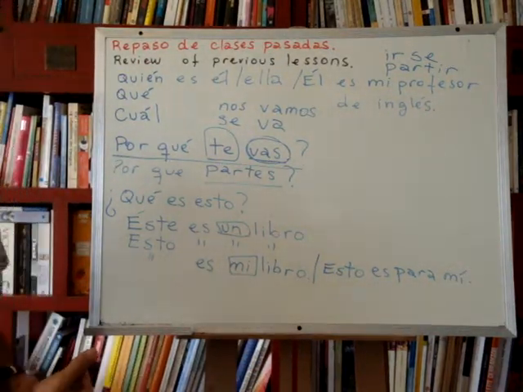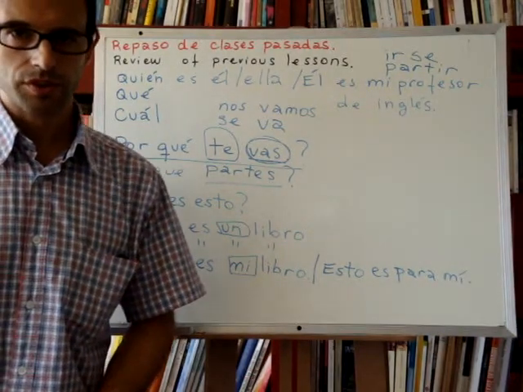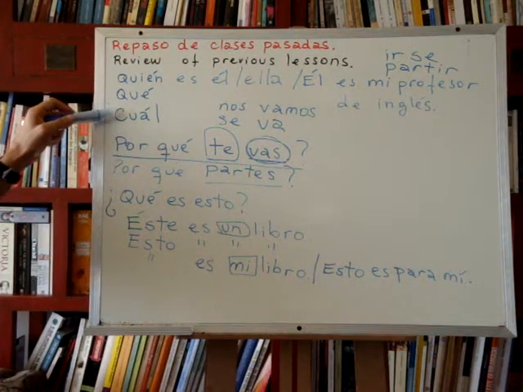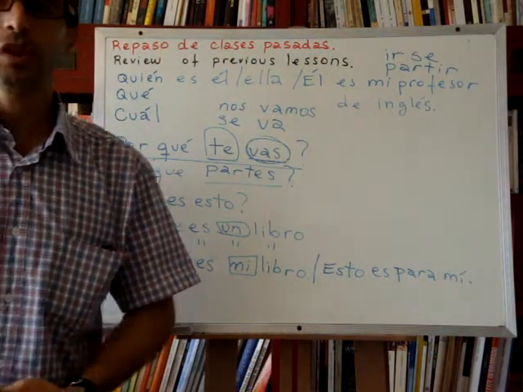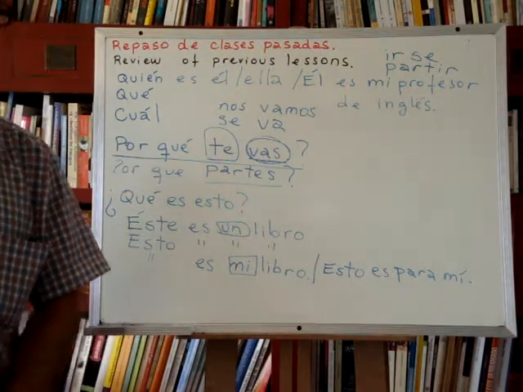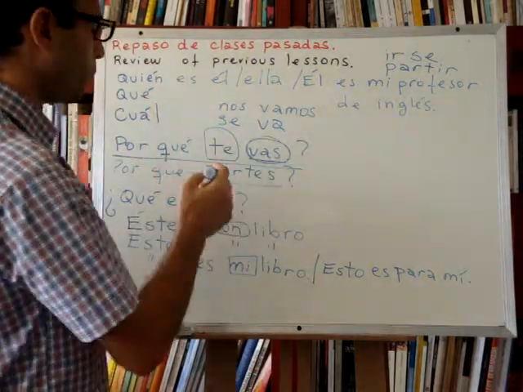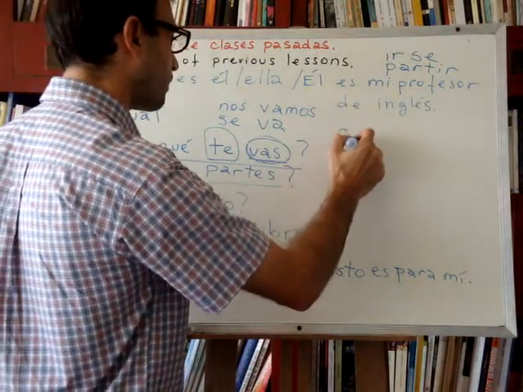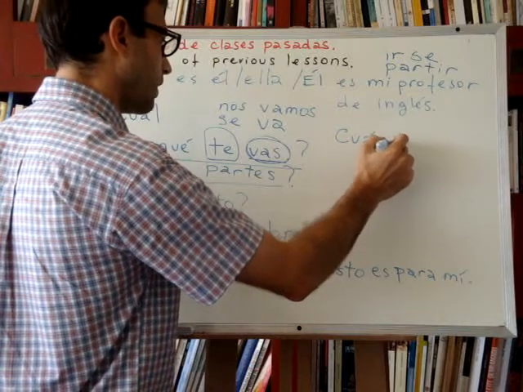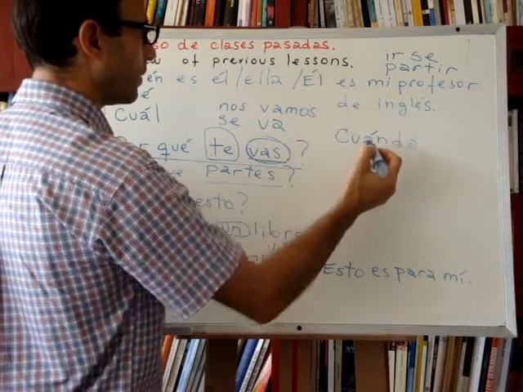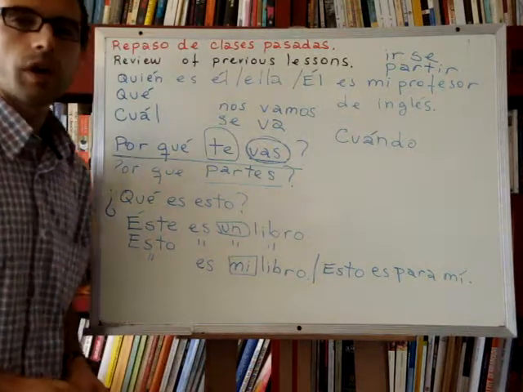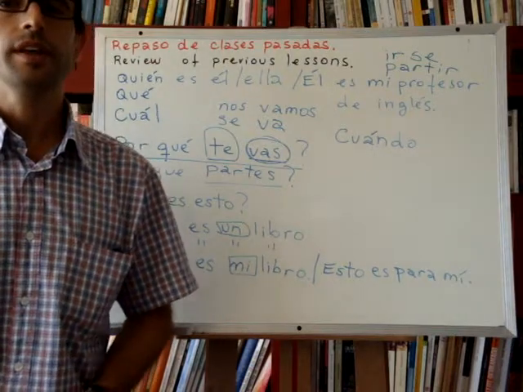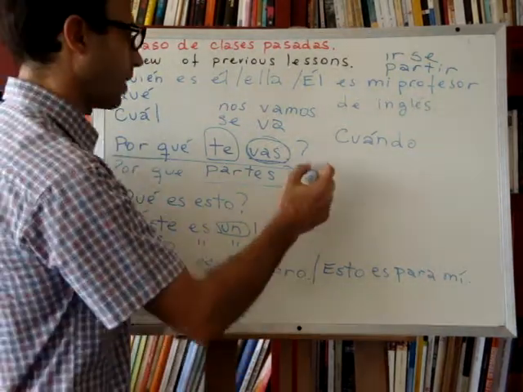Okay, now which other question words do we have in Spanish? We said quién, qué, cuál, por qué, which is the word for when. When in Spanish is with C. We said that most of them begin with Q or with C in Spanish. The word for when is cuándo. Okay? Again, see that it needs a tilde, okay? So, when did he arrive? When did he arrive? Would be ¿cuándo